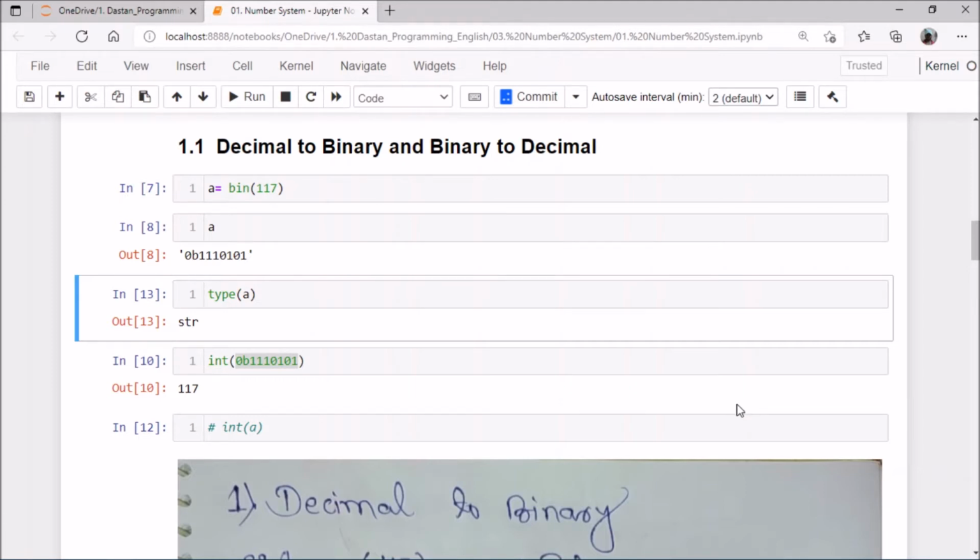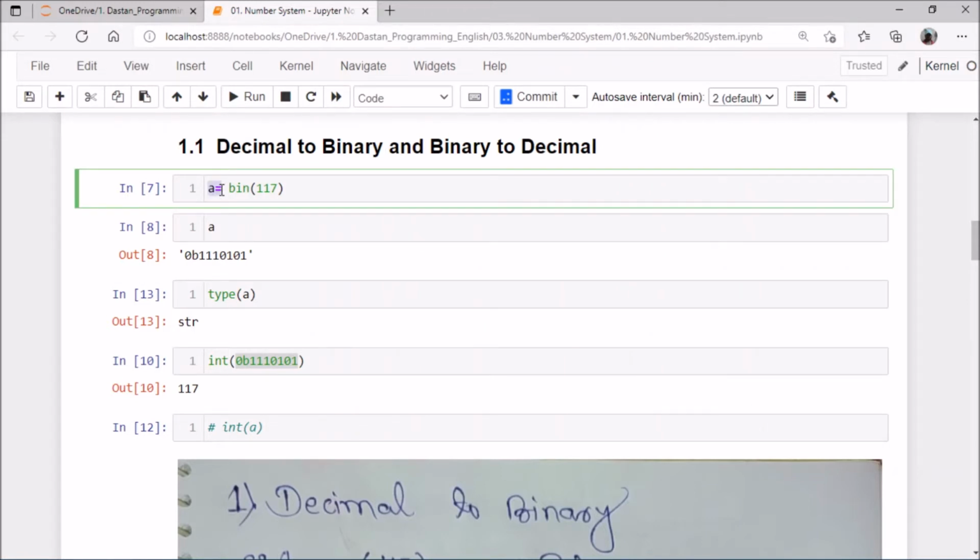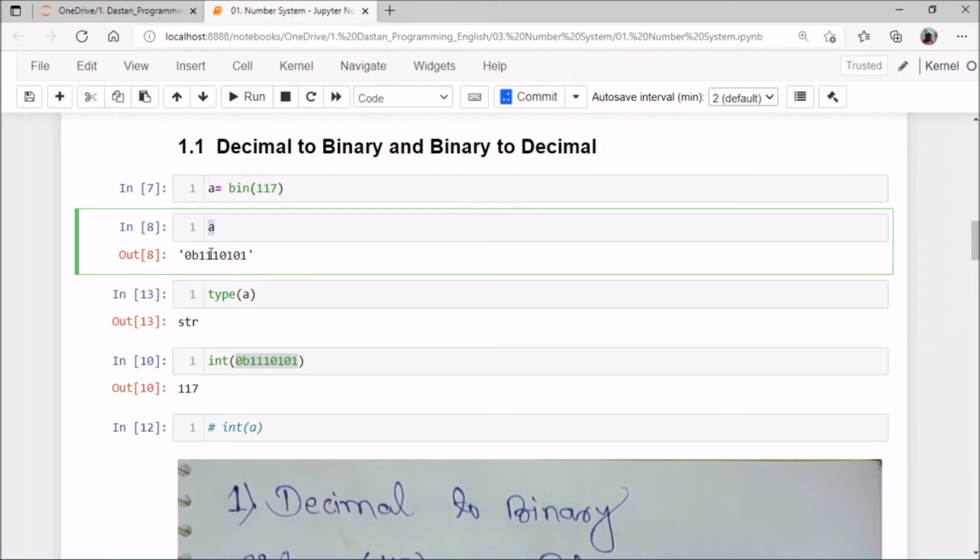Okay, so let's start. Here I am assigning into a the value after converting the decimal value into binary form. Then I am printing that value. We will get the values in binary form, and it is a string.